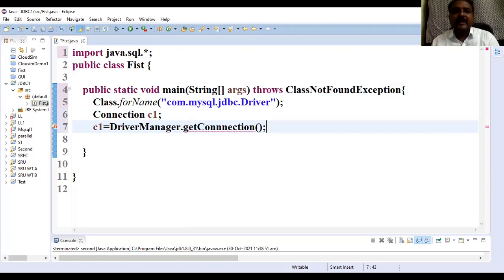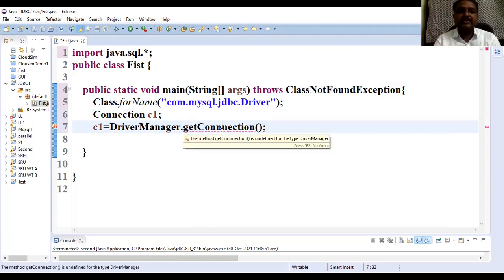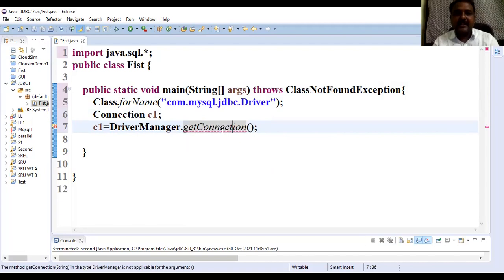And your get connection method is going to take 3 arguments. The first argument will be the URL, the second argument will be the username, and the third argument will be the password to interact with your database.